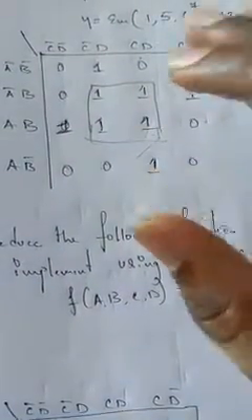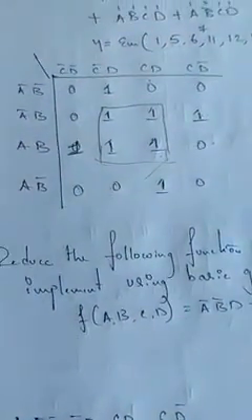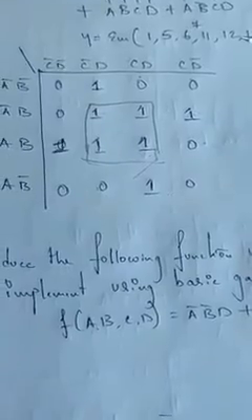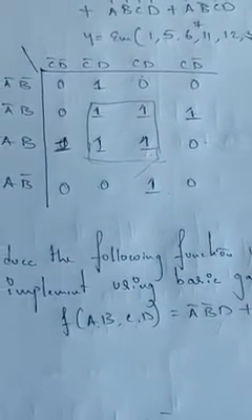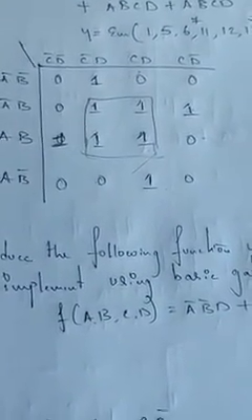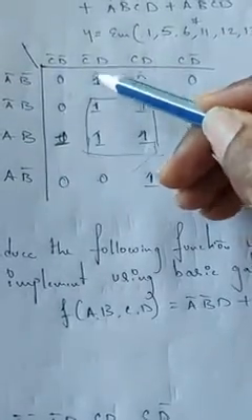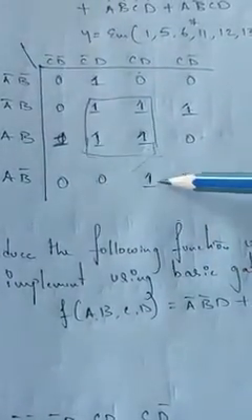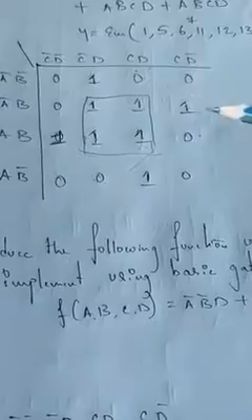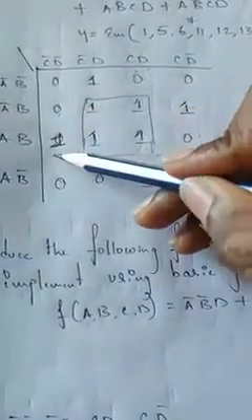So then you should think about the pairs. How to think about the pairs? Pairs means you should have 2 adjacent ones. Is there any possibility of 2 adjacent ones? If you look at this one and roll, there is no 1 there. For this also there is no 1. So rolling is not possible.